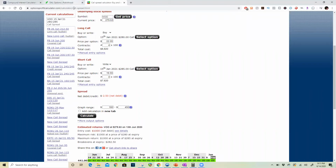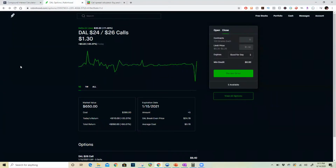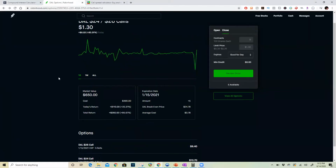So let me give you an example of a particular spread that I have in my account right now. This is Delta Airlines here. I purchased this 24-26 call debit spread just on May 19th, and as you can see here, I put in $390 to open the spread. Between May 19th and June 14th, which is today, in less than a month, it has already gone up